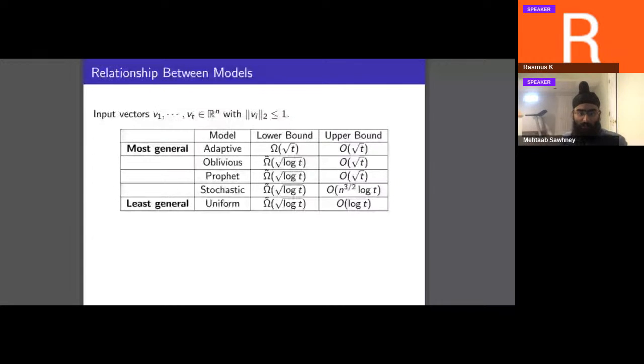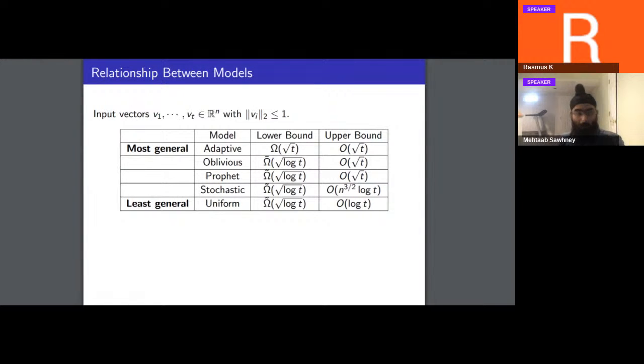So we're going to consider when you're given input vectors v1 through vt, and you have the guarantee that each vector has L2 norm at most 1. In the adaptive model, in the example I gave where the adversary at every time step just feeds you an orthogonal vector, you can show a lower bound of square root t. And it's easy, either by greedy or roughly by randomized, to achieve this as an upper bound. However, in the oblivious, the profit, the stochastic, and the uniform model, here by uniform I just mean you pick a point uniformly on the unit sphere and you're given it,